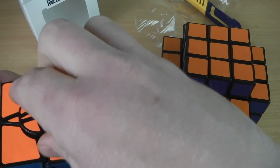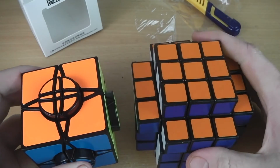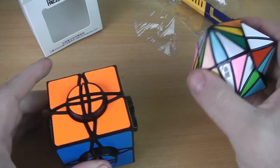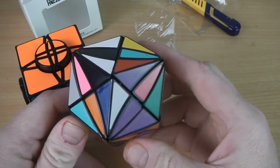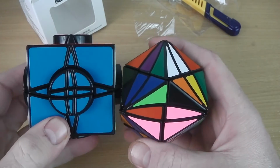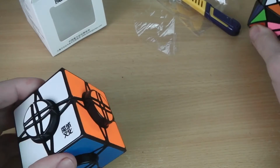On this one it can be solved there, it can be solved there, it can be solved there, etc. So there's no specific orientation of the baby faces, as they're called on the cross cube, the little wheel pieces. Now I assumed this was basically going to be a variation on the Moyu Evil Eye, which I think was their first original puzzle that they released, which is really just a cross cube shape mod anyway. And because of the shape of the pieces, you can see that the layers are kind of similar, so I thought it was really just a shape mod of this mechanism,